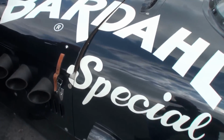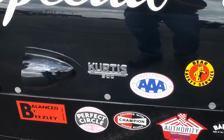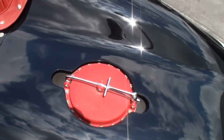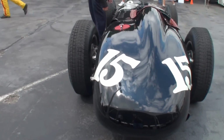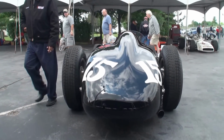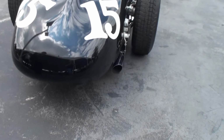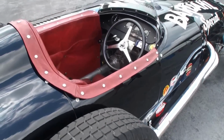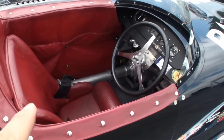We'll take a look at the back and the interior. We've got the Kurtis 500 there. Let's drop that for a second. We've got some of the venting that you can see. And the big filler gas cap. Beautiful tail for number 15. The knee exhaust that comes out the bottom. How the driver was off to the side. Well, see, that's because the engine